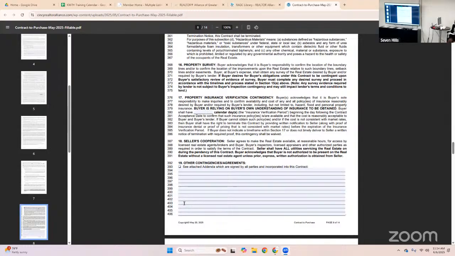Yeah, I would think so, the way this is written, exactly. That's not a market rate, but that would be the market rate for that person, but it doesn't define that. You know what I mean? So how many days would you put in there? For insurance, it doesn't take that long to get a bid. So I'd probably follow the same as the inspection contingency.